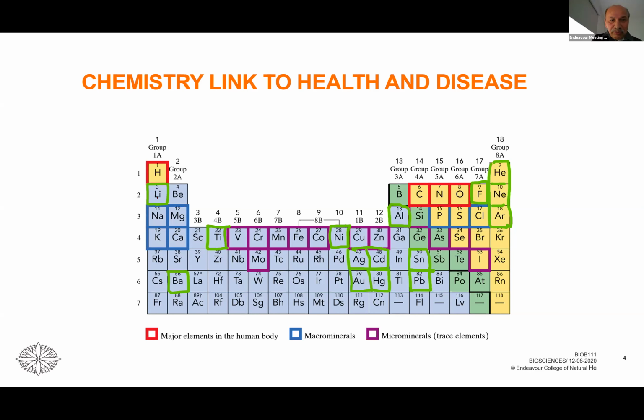Lithium we need to know because it is related to health and disease. People with manic depressive psychosis, a psychiatric disorder, are given lithium carbonate as one of the medications. That's why I highlighted lithium there. It's not naturally occurring in the human body, but it's given as a medication. Li for lithium, and sodium, magnesium, potassium, calcium,